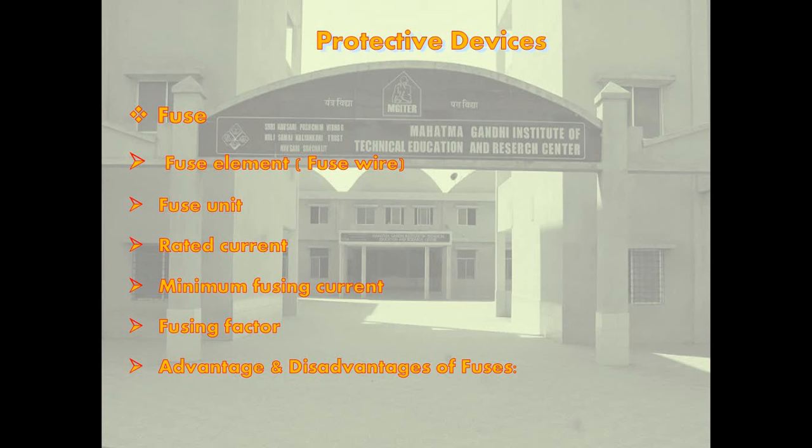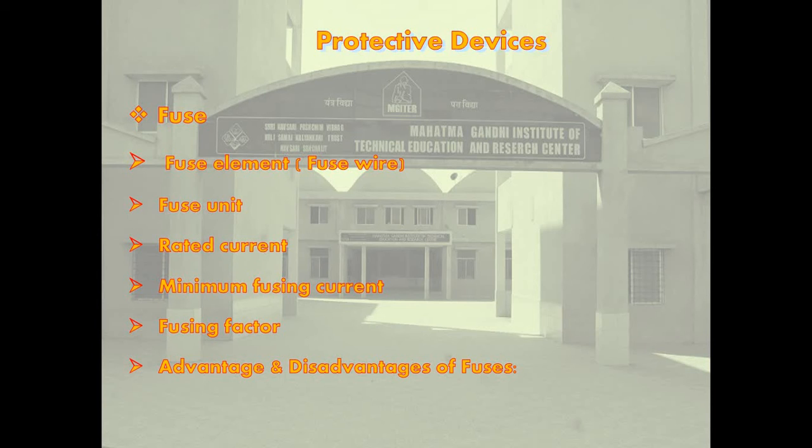Minimum fusing current. The minimum fusing current is the minimum RMS value of the current at which the fuse element will melt. Generally, the minimum fusing current is more than the rated current of the fuse. The minimum fusing current depends upon various factors such as the shape and area of cross section of the fuse element, size and location of the terminals, fuse material length, the type of enclosure used, and the number of strands in the standard fuse wire. The approximate value of minimum fusing current for a round wire is given.